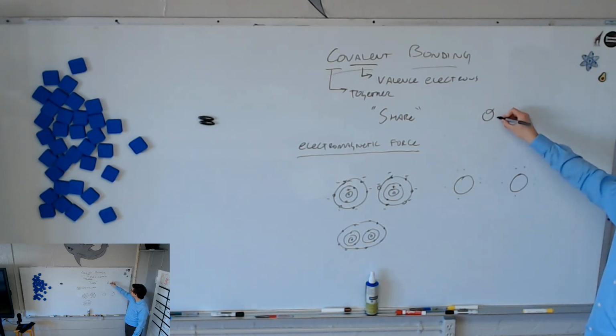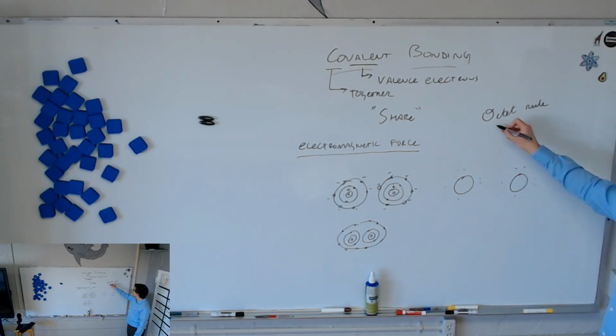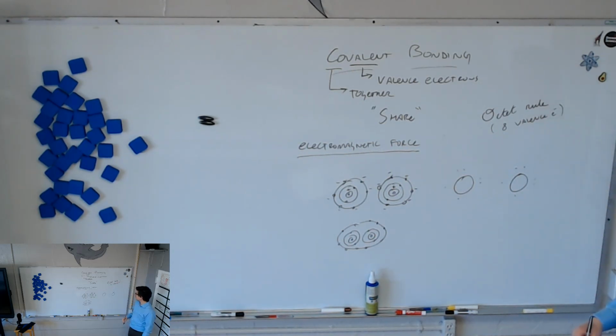Oh, the weird one. Octet rule. They all want 8 valence electrons. That's called the Octet Rule. Anyway,